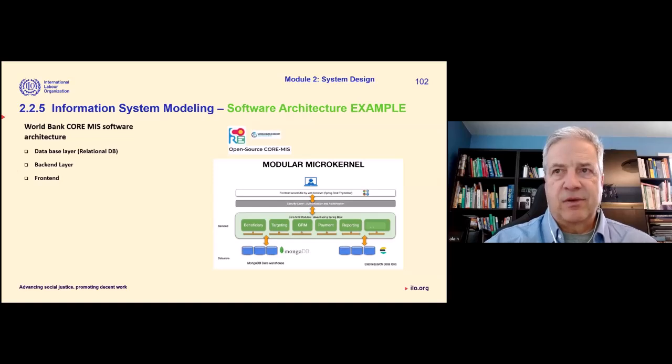And here is a simplified way of showing the layers. So you have the database layer, front end layer, back end layer. The front end layer is the layer of technology and software that enables you to see the information on your screens and to interact with it with your keyboards, essentially. The backend layer here essentially is showing all the processes that have been coded into programs to support the functionality of the system that you need to have.